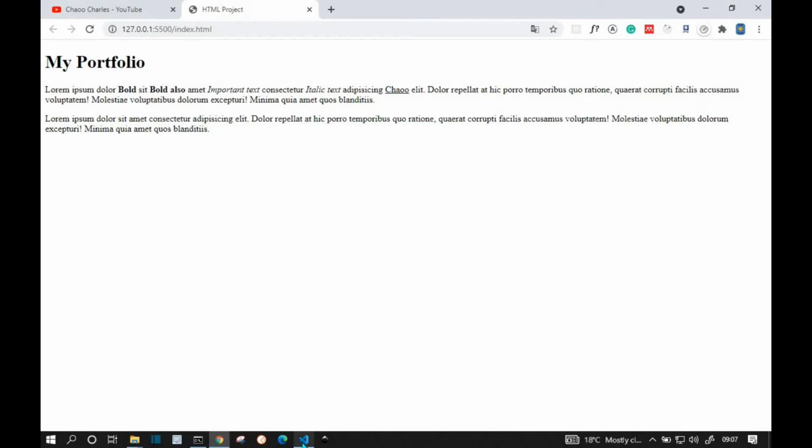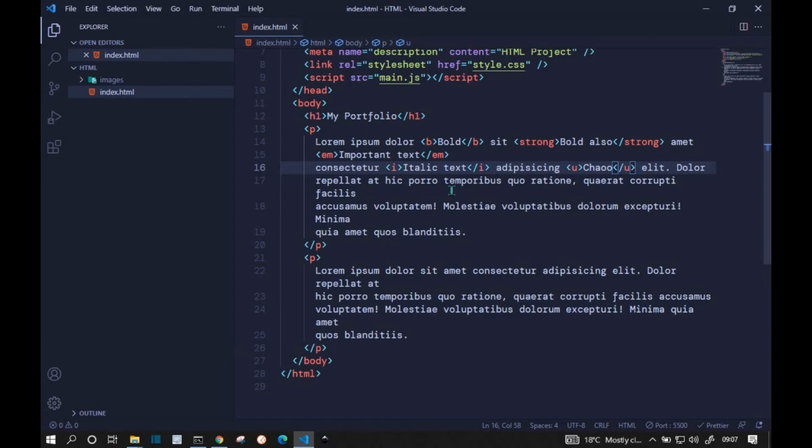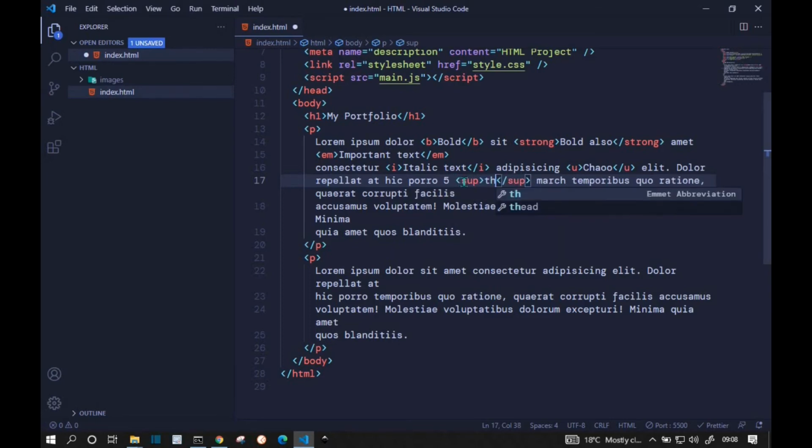So some other tags that I can show you, two more for styling the text, is the superscript and the subscript. So let's say we want to add 5th of March, and we want 5th to appear at the top of number 5 here. So what we can do is to include a superscript tag, and in here I can say th.